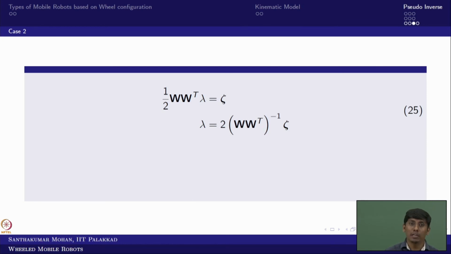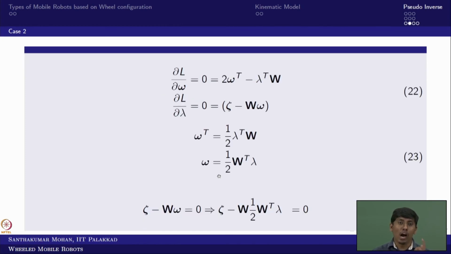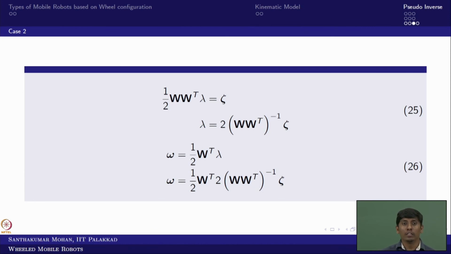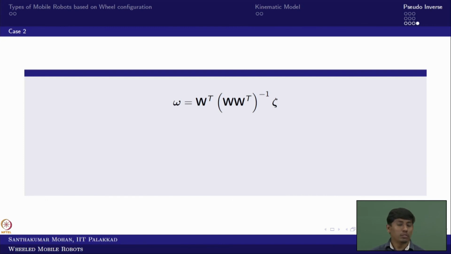Now what is lambda? So lambda I can write in the form of omega, and if you recall, the omega I have written as half into W transpose into lambda. So now I already found the lambda, right? I substitute that into this equation. So what will I get? Omega. Now you can see that the 2 and 2 go out. So what you will get is the right inverse, where W into W transpose inverse is post-multiplied with W transpose, that is what you call the right inverse. So you got it, right.